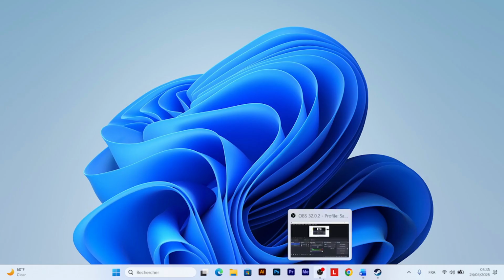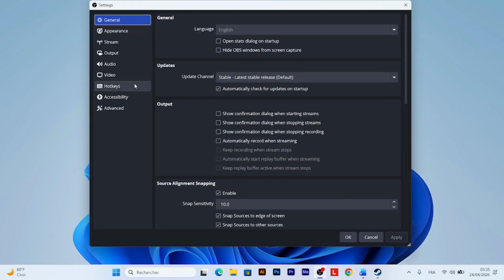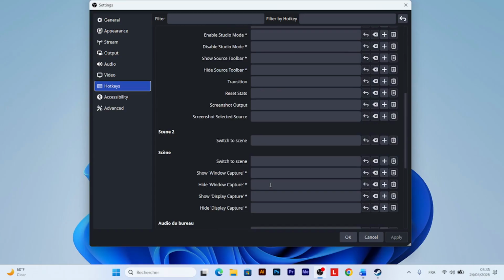First, go to OBS Studio and go to Settings, and go to Hotkeys. Now go to Start Recording. Maybe I will also do Start Replay Buffer, or Start Virtual Camera, or Start Video Camera, or Enable View, or something like that. We will now choose and maybe switch the same, with A, with B, with C,